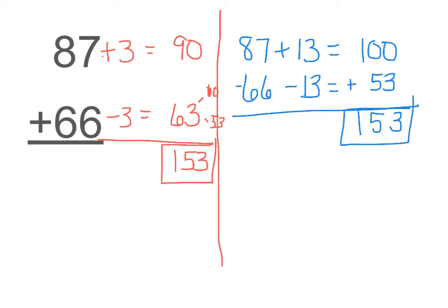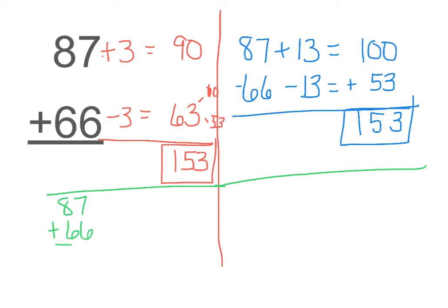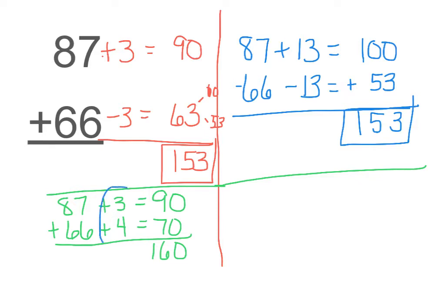You might want to add both numbers up to the next 10. So 87 plus 3 equals 90, or 66 plus 4 equals 70, which equals 160. But then, do you see this 3 and 4 you added? We have to subtract them. You can't just add them because that changes the answer. You know this answer because you know 7's partner is 53. So it would be